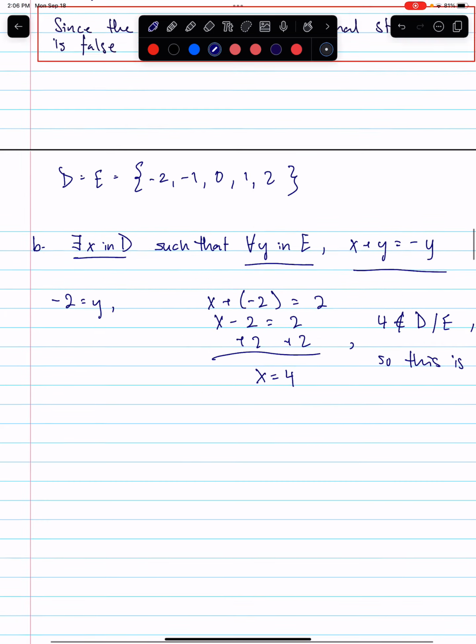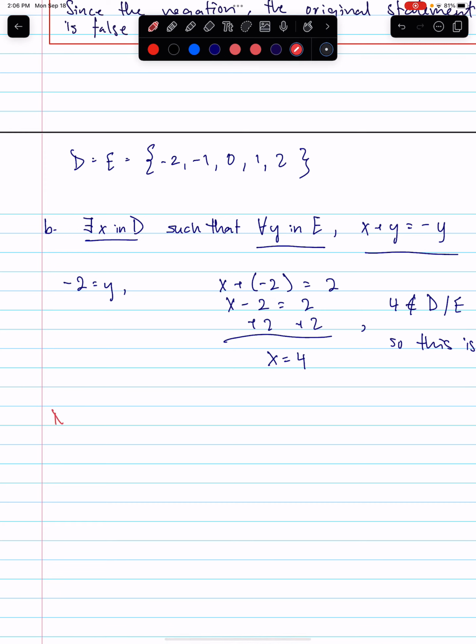Let's move on to the negation. The negation would be